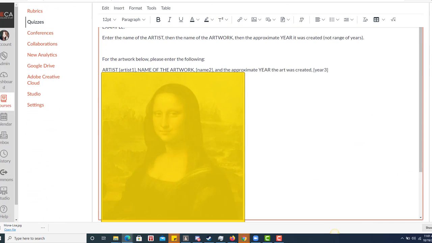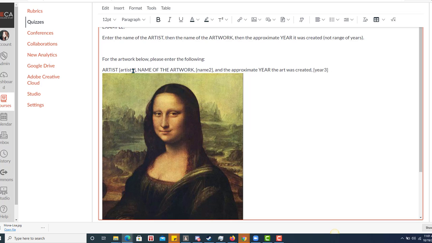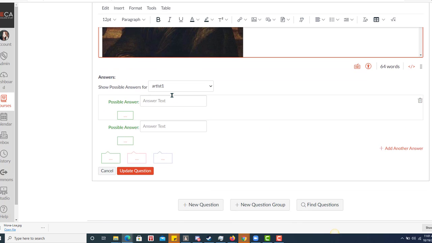So now I've got a picture of the Mona Lisa, and I've got the prompt the way that I want it. Artist comes first, name of artwork next, year third. So now I just need to set up the answers the way that I want them. So this is the first all possible answers for the name of the artist. So here I would put Da Vinci,